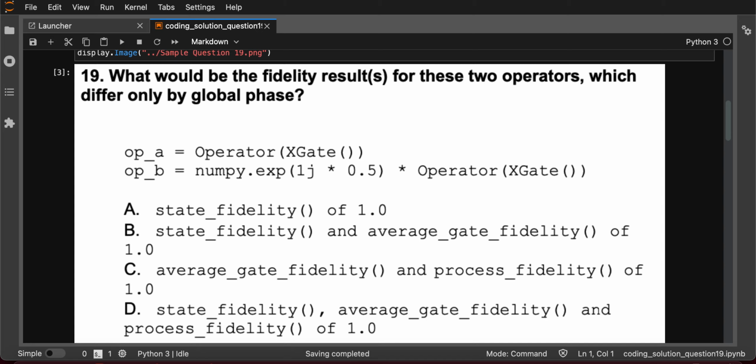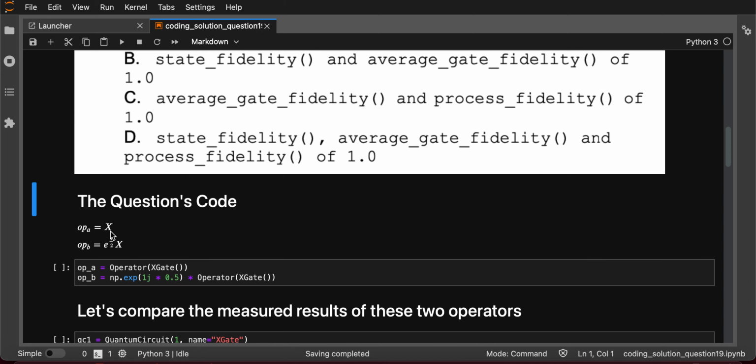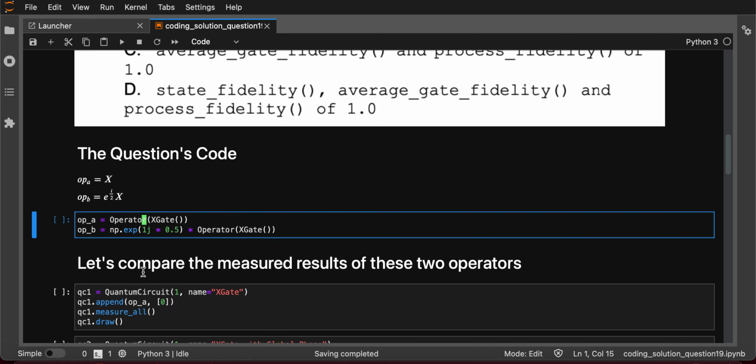only by global phase? So we have an operator A, and it's the X gate. An operator B, that's also the X gate with a global phase factor of e to the i over 2. So first I want to gain some intuition behind what would happen if I use these in a real quantum circuit on real hardware. Quantum mechanics tells us that the probability